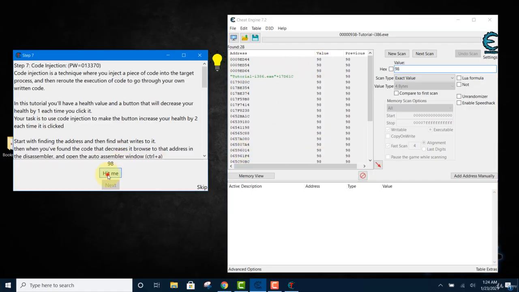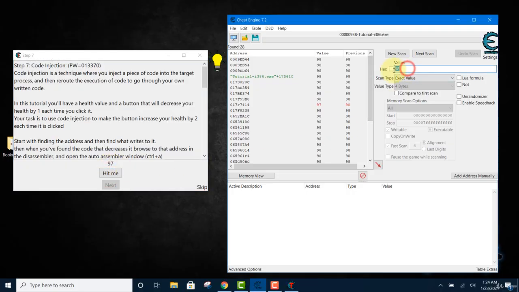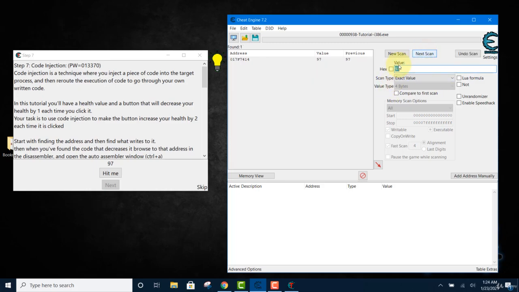We click on hit me to let it decrease by 1, and over here now we go and enter 97, and you can already see the result here. Most probably it's this, but let's proceed to the next scan. And true enough, this is the one. Now we will add this to the address table,